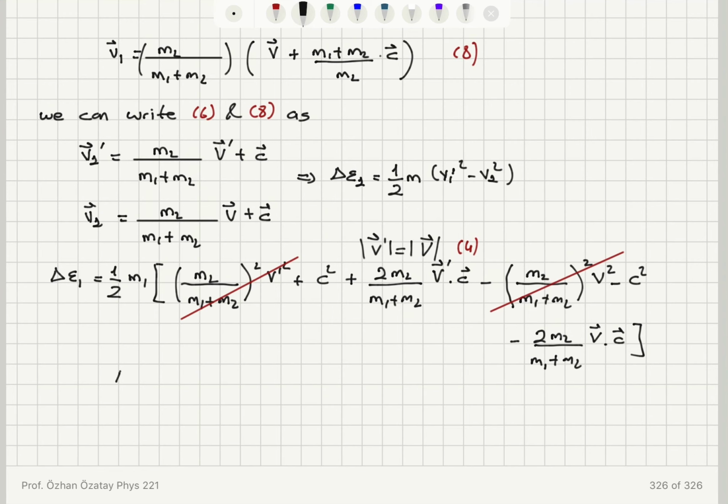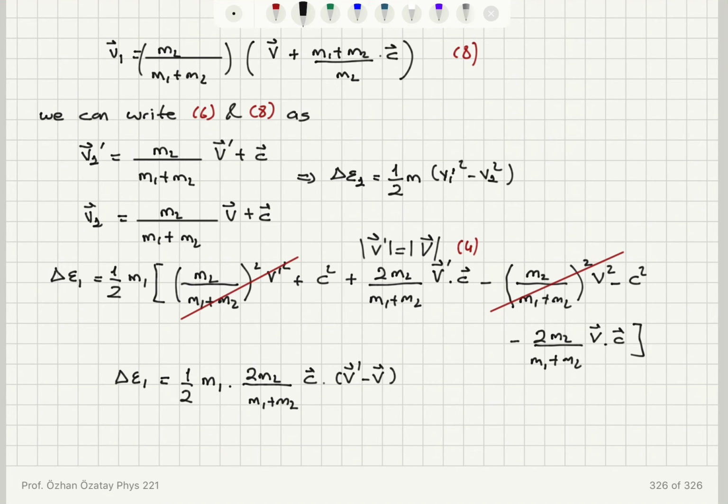Therefore we can write the change in the kinetic energy delta epsilon 1 as 1 over 2 m1, now we have 2 m2 over (m1 + m2), so we have the dot product of c with V prime